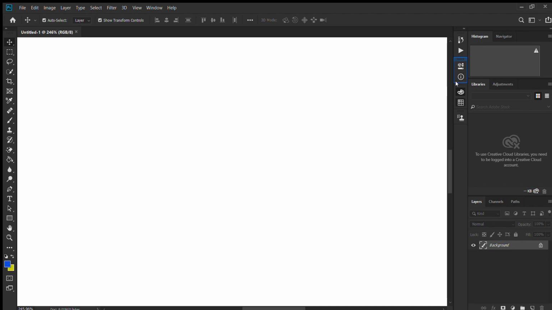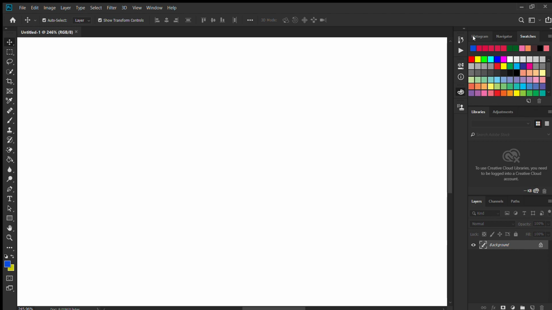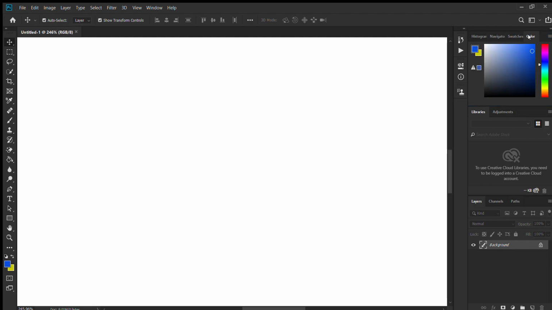Then here you can see where we want to place it. The blue line shows where we can place our color box, so place it here. Okay. Swatches box, color box is also placed here. Now the color box comes here. Layers is also showing here.